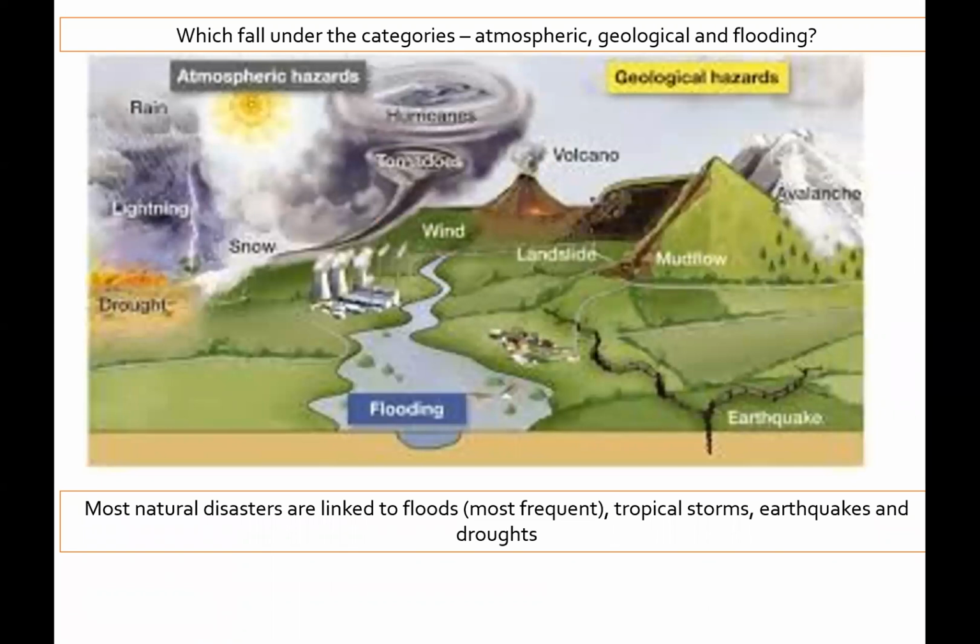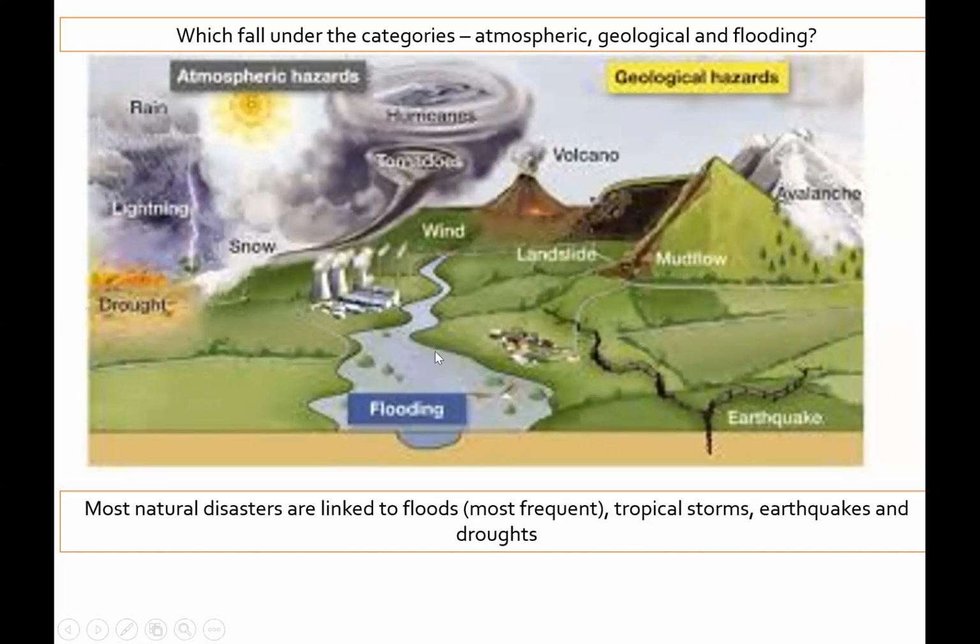So when we categorise hazards, they can either be atmospheric, so ones that happen in the air. They can be geological, so ones that happen on the land, or you can have flooding, obviously too much water. So the ones that come under atmospheric would be anything to do with snowstorms, drought, tornadoes, hurricanes, lightning, storms. They're all atmospheric because they occur in the air. Your geological ones are going to be things like mud flows, avalanches, landslides, volcanoes, earthquakes, because they're to do with the